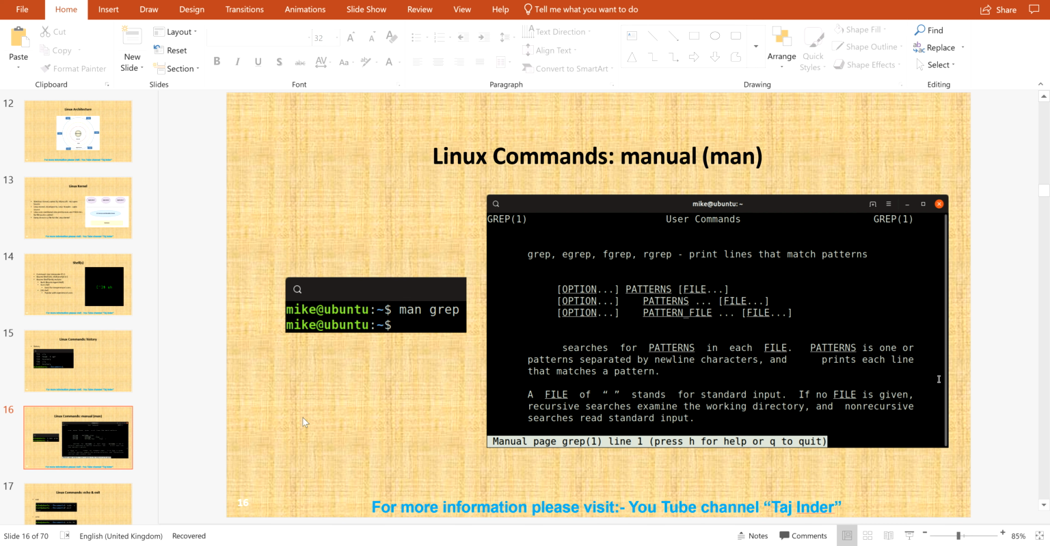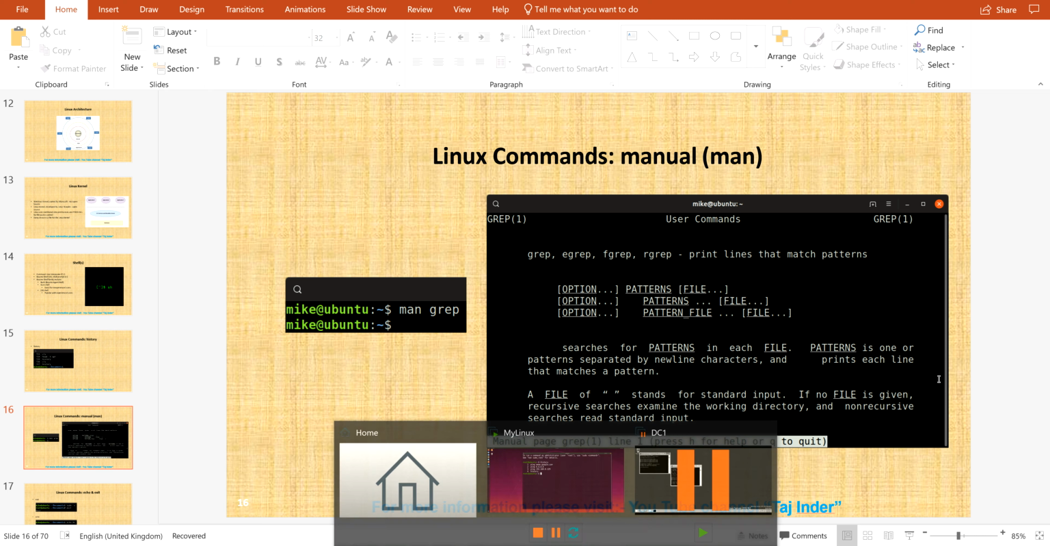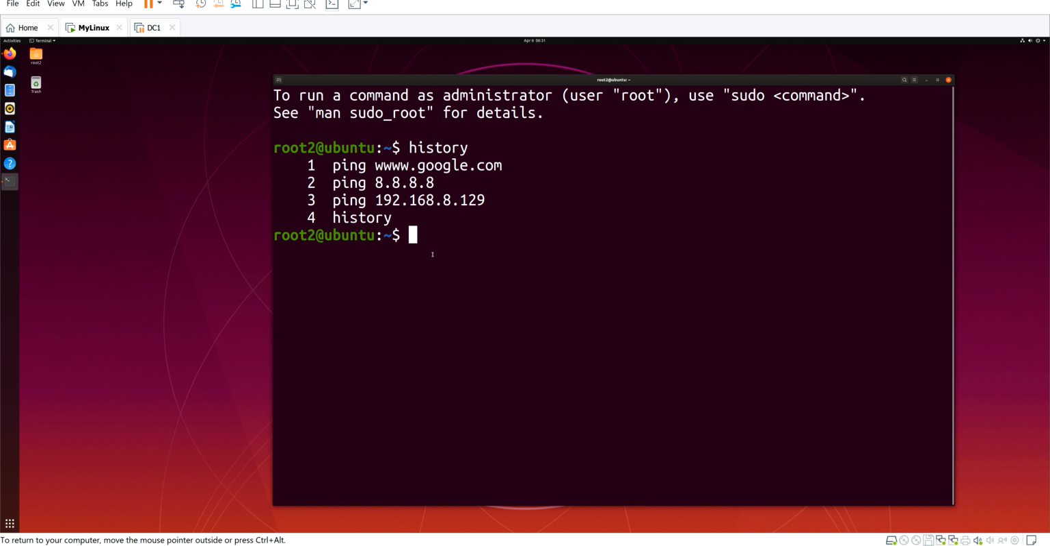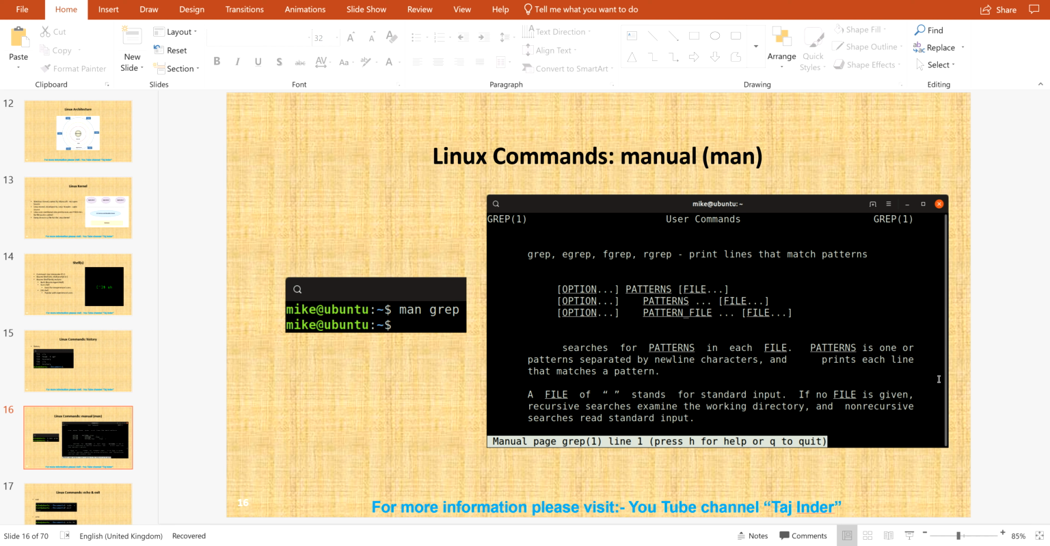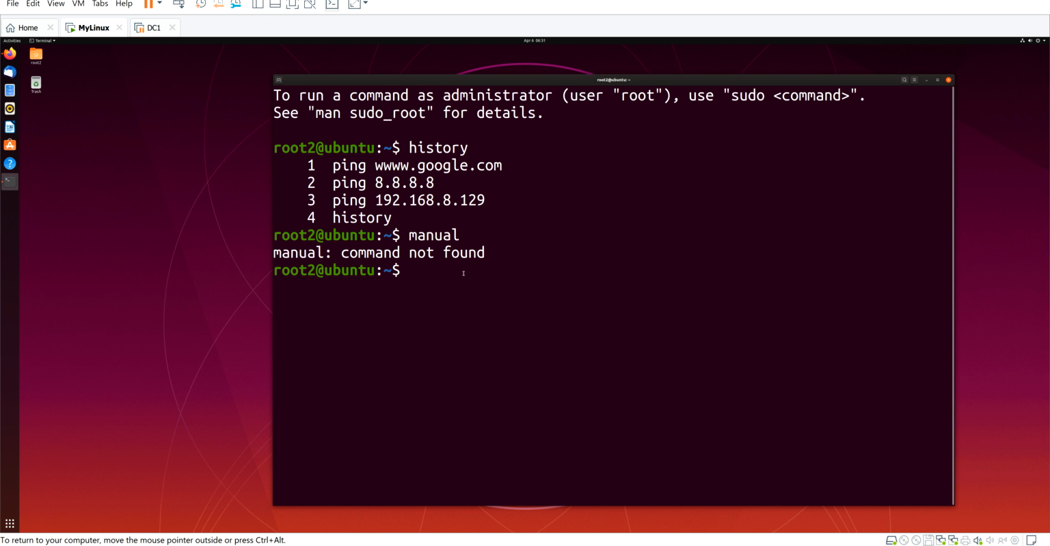Next one is manual. That's another command, it's called manual. If I go back again and I put MUL, or man,